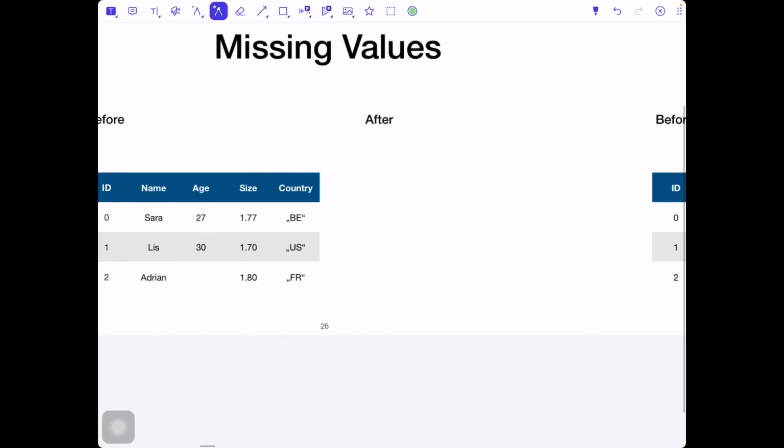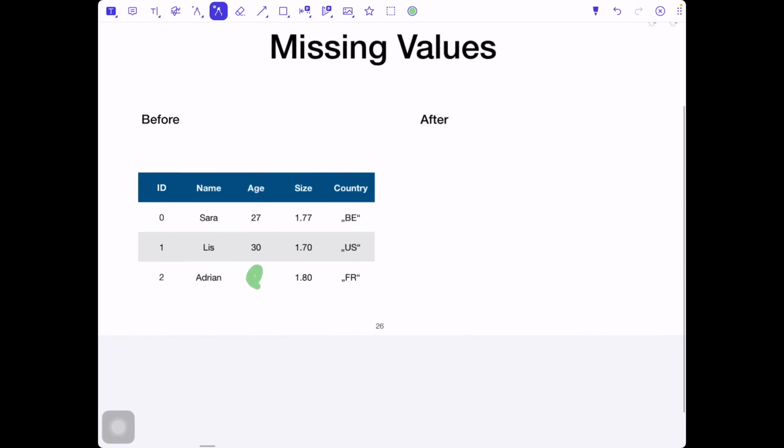The other point you can also notice here is that, for example, Adrian doesn't have an age. Maybe by editing himself, he either forgot to do this or for some other purpose didn't do this. We need to deal with this, and there are different ways to deal with missing values. In our case, we can just take the simple one and take the average. Of course, this is actually not always a proper solution.